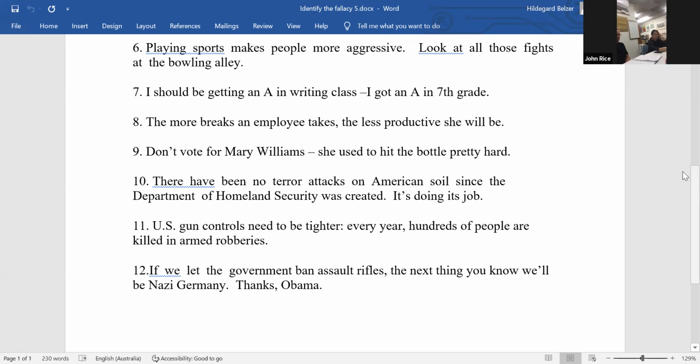Because if we think there are 2 events in time, aren't there? There's the creation of the Department of Homeland Security, and then after that, a period of no terror attacks. And you're right, Keiko. It's a post hoc fallacy. Post hoc means post after. Hoc in Latin means fact. So post hoc, after the fact. So just because it's after the fact, it's caused by the fact.